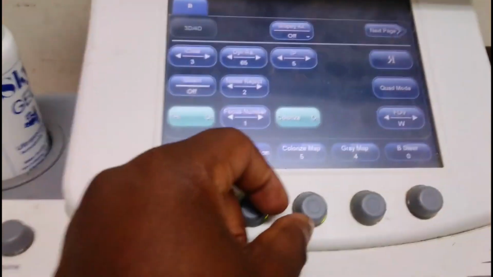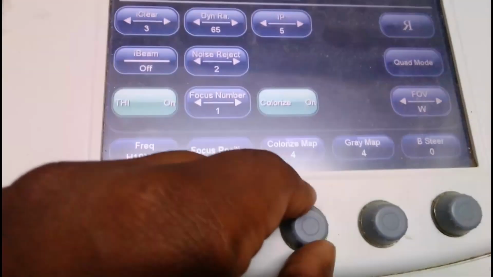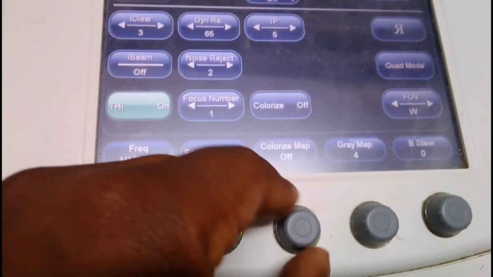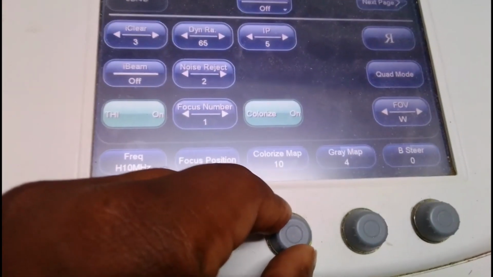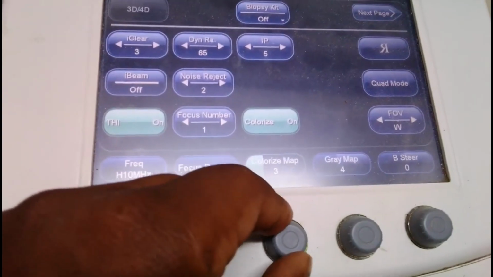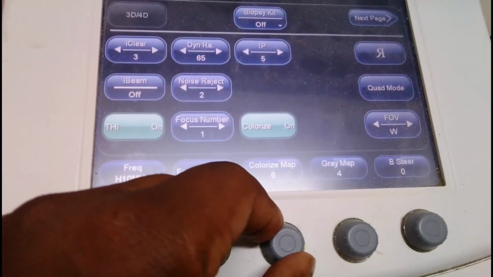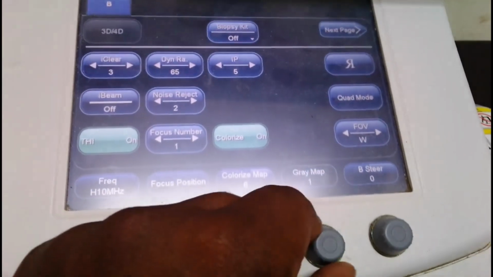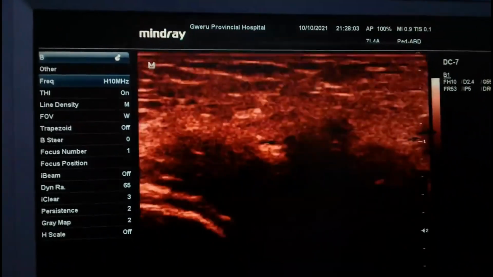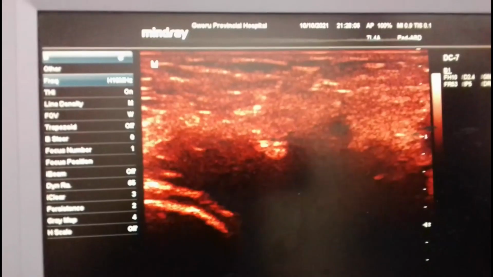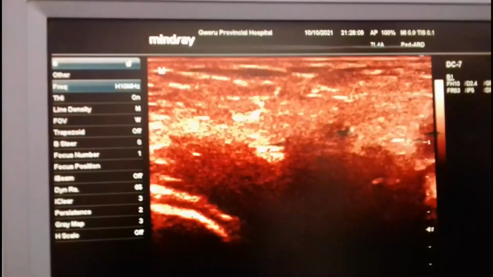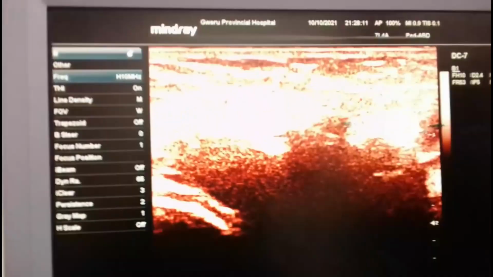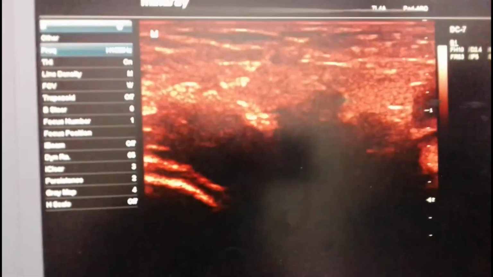These two keys are also paramount when you are dealing with our knobology. You must not fix them, you have to adjust them. You can turn them either clockwise or anti-clockwise until you get the color that you need. And then you can also appreciate the gray map. Then you can adjust. You see it's changing like that. Appreciating from this end, you can see the color is changing, and if I do this, again you can appreciate the changes which are taking place.